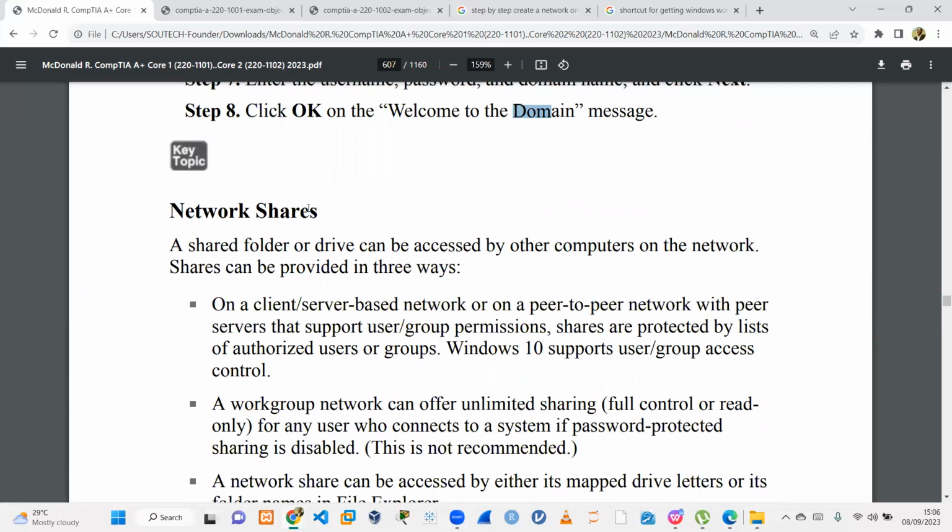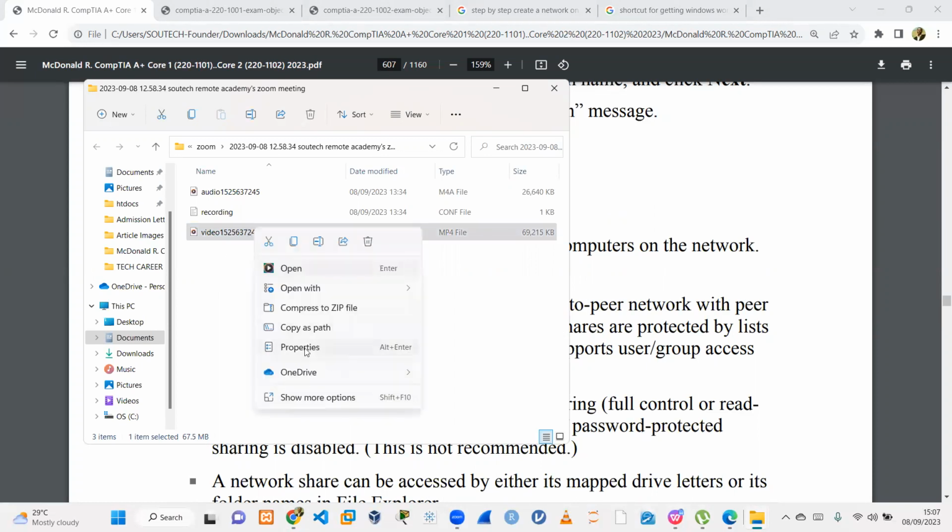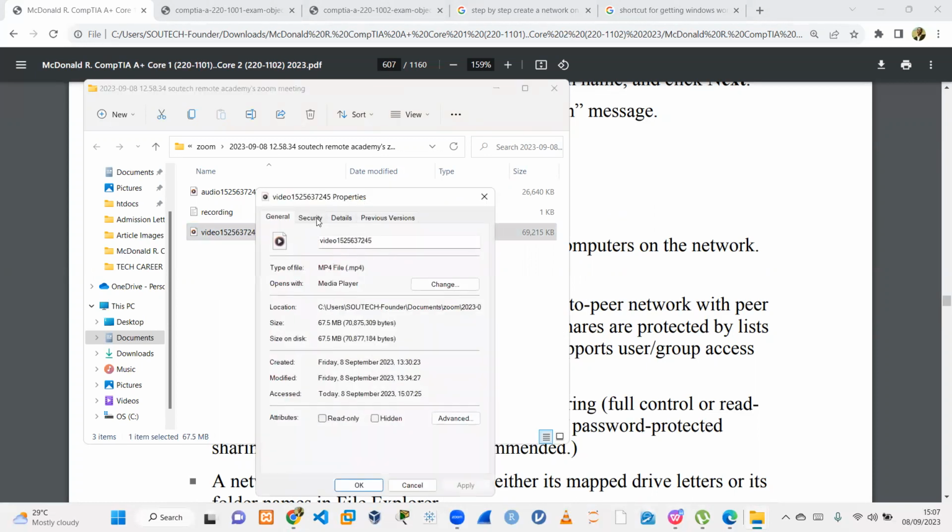Network shares. Network shares is one important thing when it comes to basic networking. Let's say you have 10 systems and you want them to share a particular folder. The basic thing you need to do, if you're running Windows 10 or Windows 11, is right click on that folder and share it on the network. But one of the first things you want to do is to make sure that particular system is already on the network. So right click, properties, I go to,